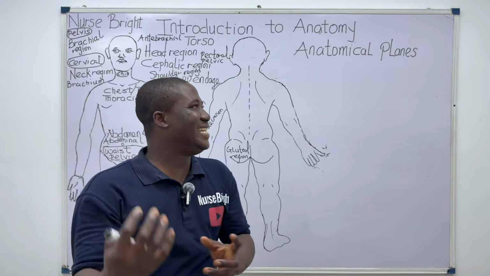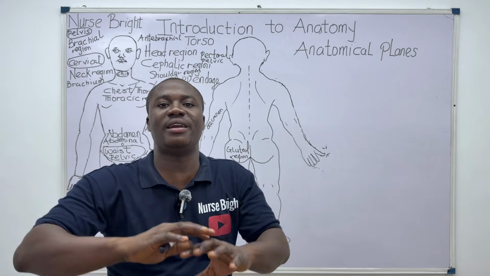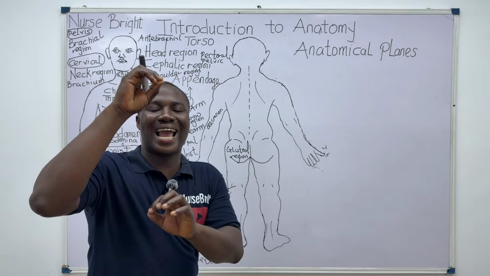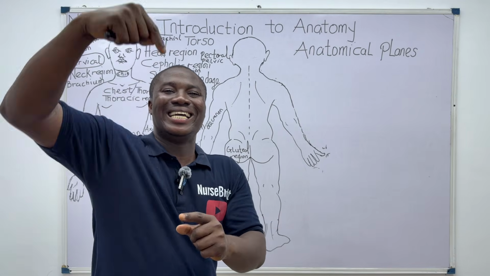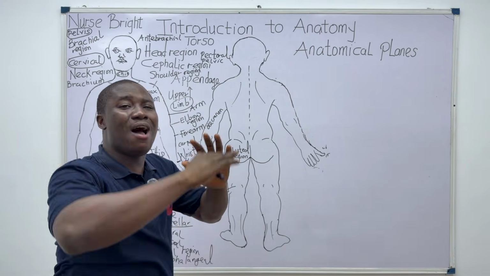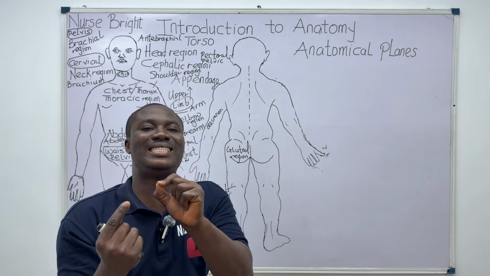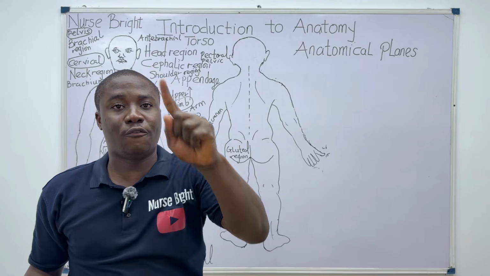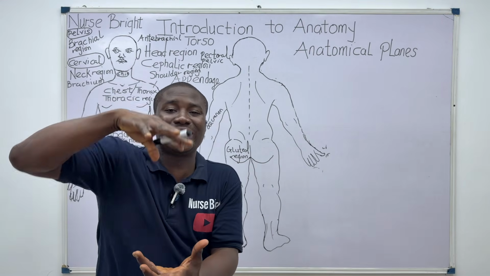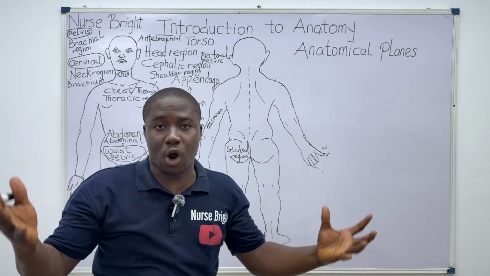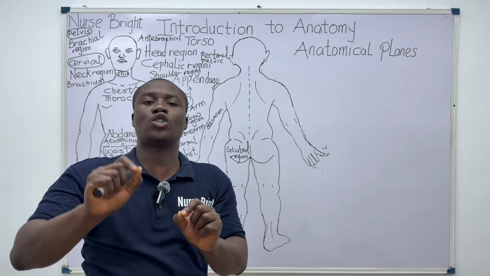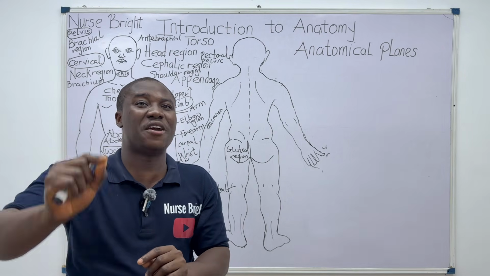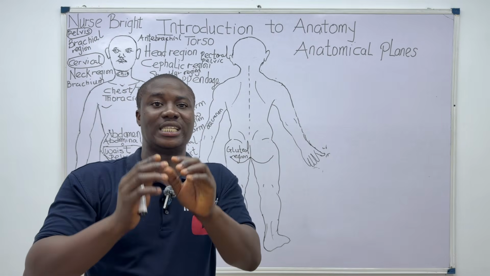Now we said that these anatomical planes are imaginary flat surfaces or lines that pass through the body in the anatomical position and divide it. Listen, after passing through the body, it divides it into different sections for the purpose of, one, studying the internal structures of the body and also describing the structure of the body. Just hold on. I just said something very essential. So you have to note what I just said is very important.